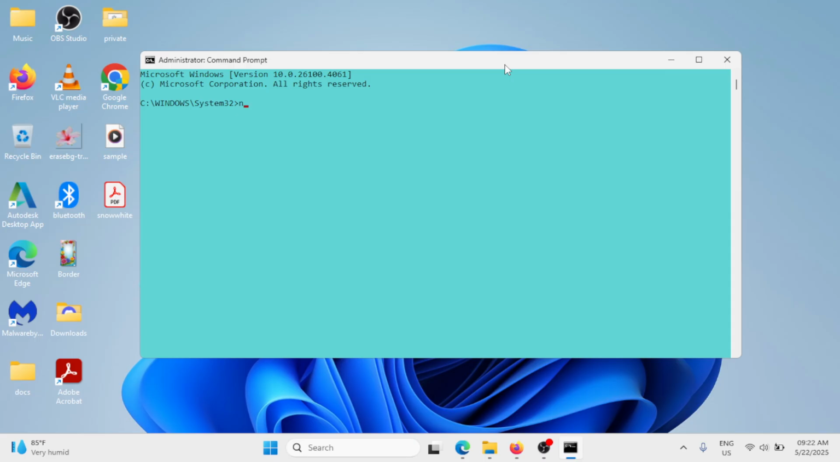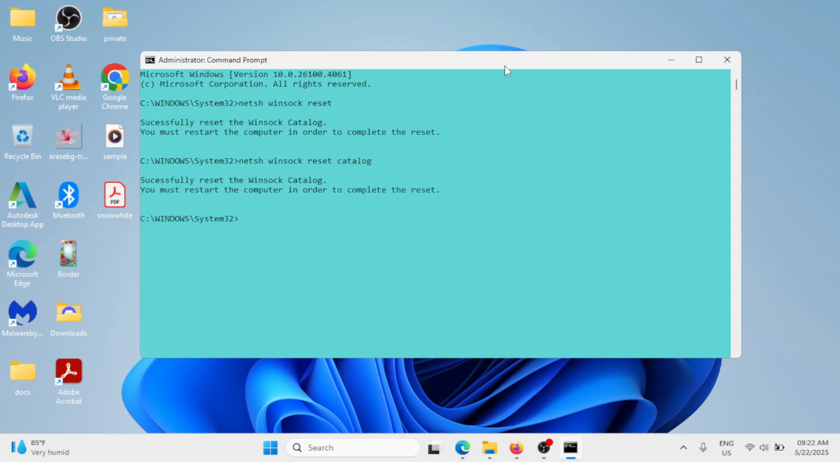netsh winsock reset, hit enter. Next command, netsh winsock reset catalog, hit enter. Next command, netsh int ip reset